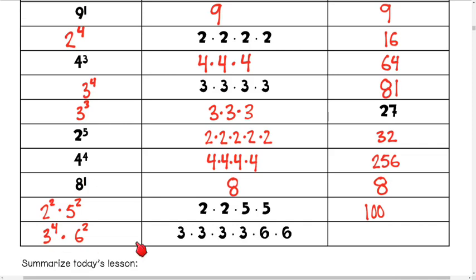The next one, we go ahead and see that there are 4 3's, so that would be 3 to the fourth power. And there are 2 6's, so that would be 6 to the second power. And we multiply them together in exponential form. And then from expanded form, I just multiply through 3 times 3 times 3 times 3 times 6 times 6. And I would get a grand total of